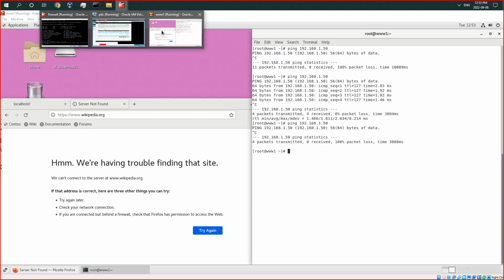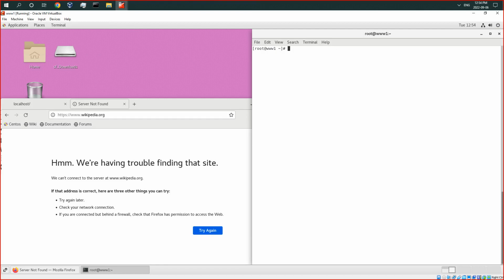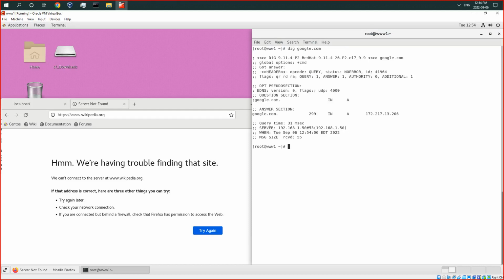What I could do is come in here, and I could repeat the dig command, right? The dig command, which is kind of an enhanced NS lookup command for Linux. And now you see, it's finding out my server. Interestingly, it's finding out the server, and actually this server, because it already knows about Google, it's finding out the Google as well, right? So if I try to ping